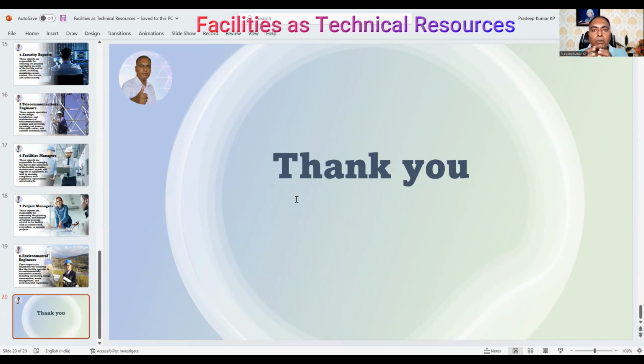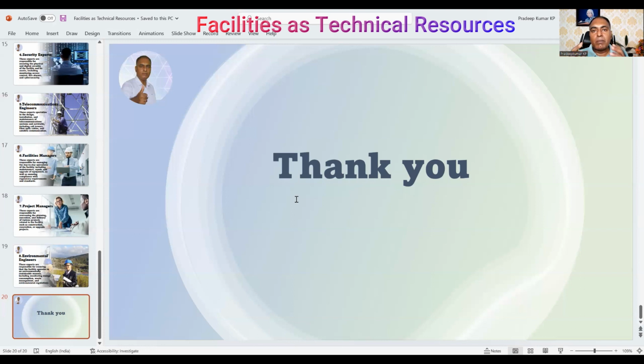I hope you got some idea why I want to segregate: we want more creativity, more productivity, and more profitability from a technical resource. We want optimum utilization of any facility, so we want to take it as an entity, as a technical resource.